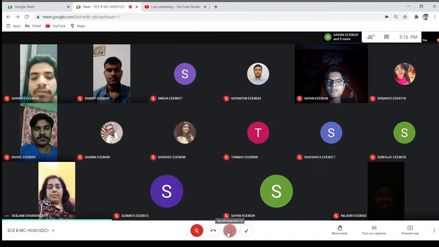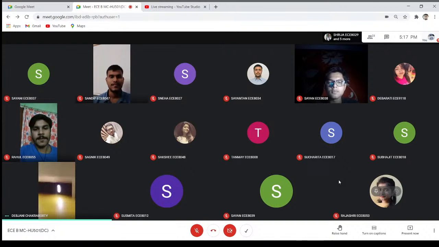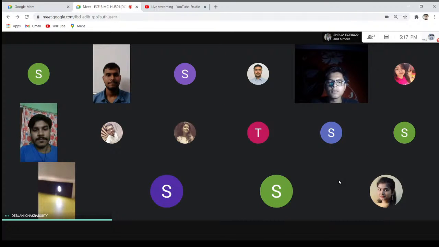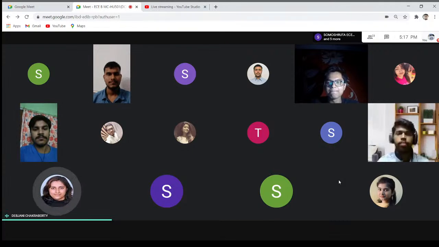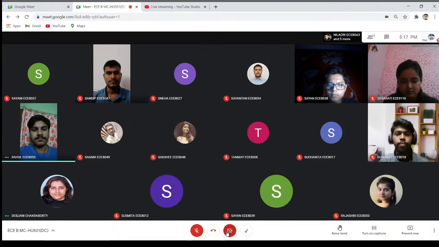Hey, Sushmita, Sagnik. What about Sushmita, Sagnik? And 19 others. Devarati, Niladri, Rahul, Rajshri, Rajushri, Rituparna, Rupam, Sakshi,